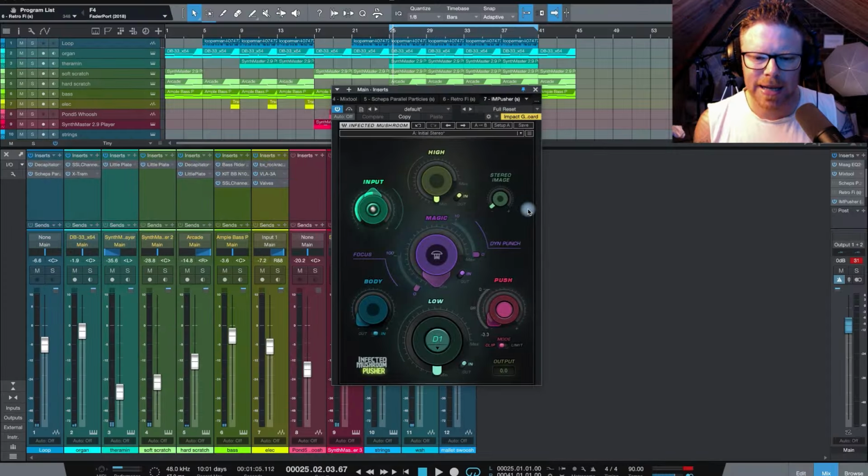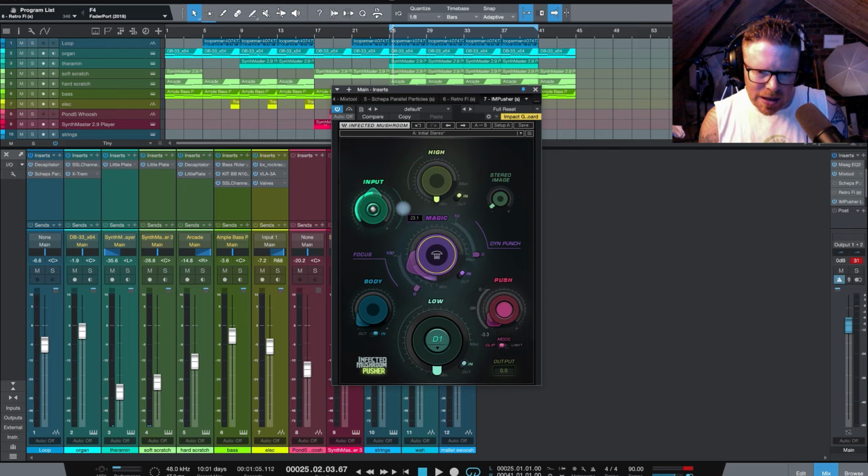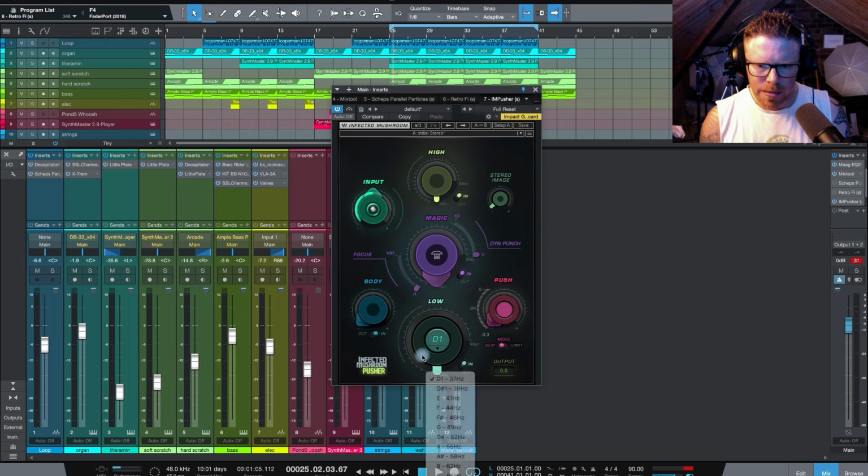And finally, let's take a look at Infected Mushroom Pusher. It's got to be one of the weirdest names for a plugin out there. So in the middle, you've got your magic mushroom control. This kind of looks like we've got some sort of focus slider here and dynamic punch slider on that side. Then we've got a low knob, okay, which is there, and then you've got a whole bunch of different